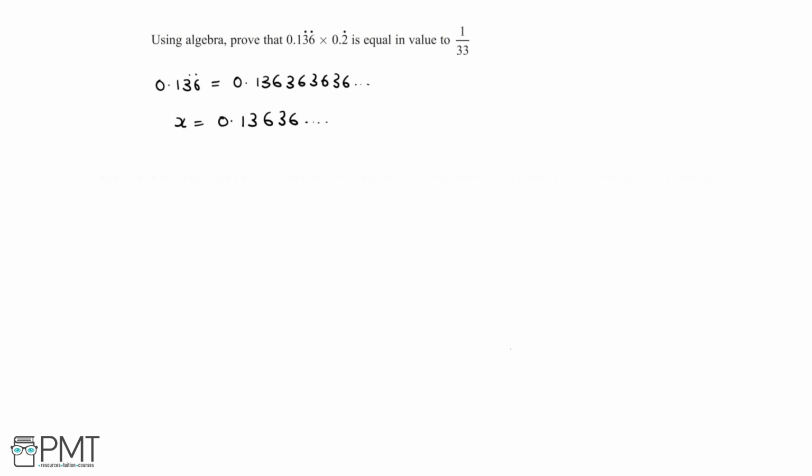0.13636... Now we can say that 10x then is equal to 1.36363 because we multiplied both sides by 10. And now let's do 100x. 100x equals 13.63636. And finally, let's find 1000x. And we can say that 1000x is equal to